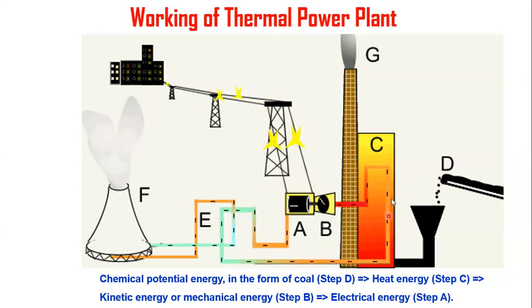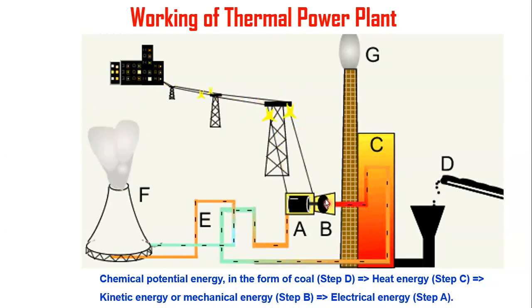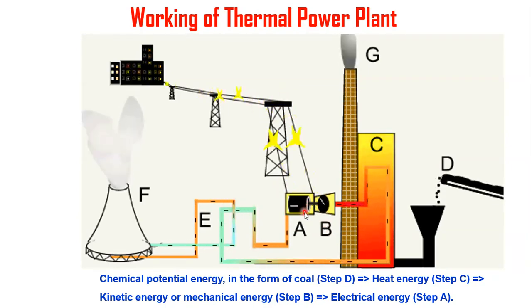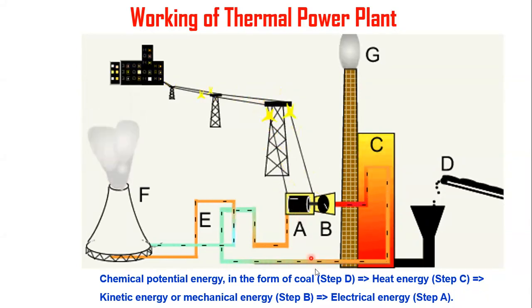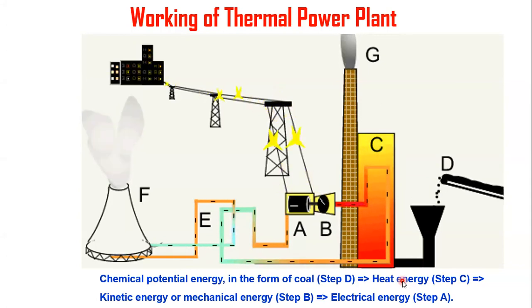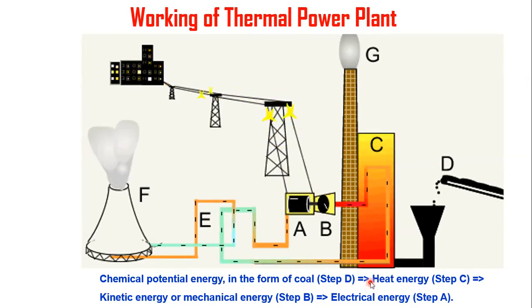Is it right or not? So here the steam energy is converted into mechanical energy. That mechanical energy is again converted into electrical energy by means of this generator. So all of you know one statement, the law of conservation of energy. Energy can neither be created nor destroyed. It can be converted from one form to another form, like this. This indicates. Clear?